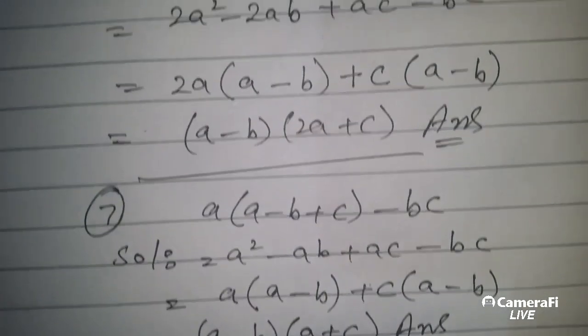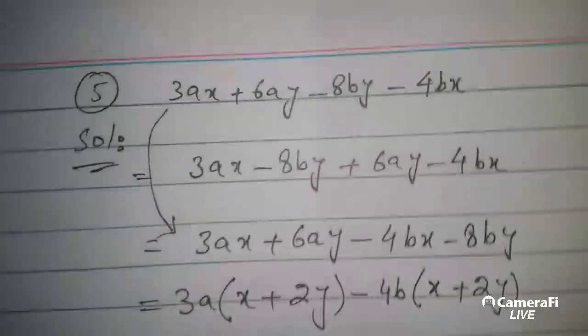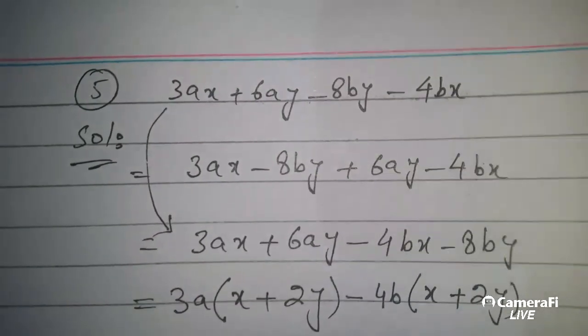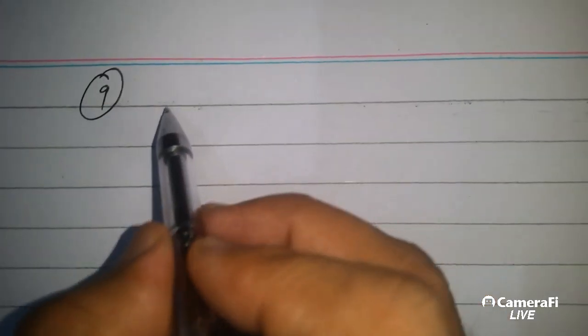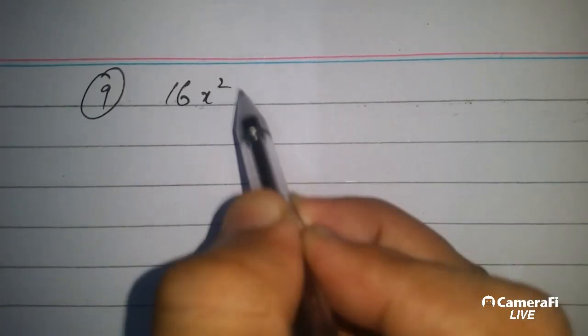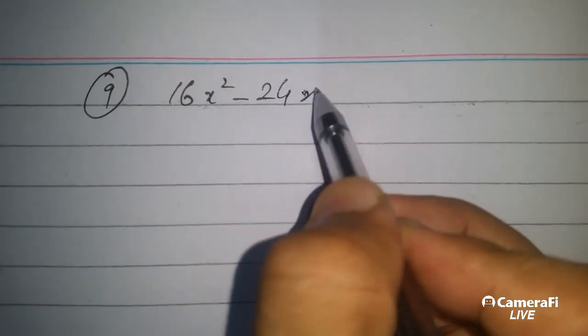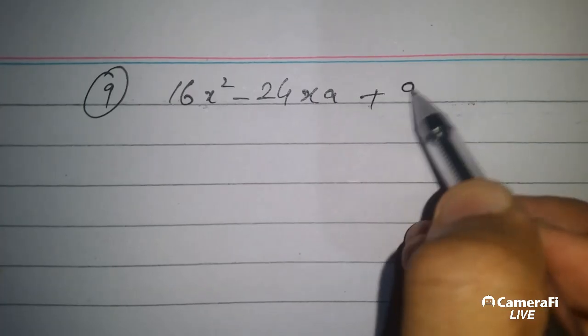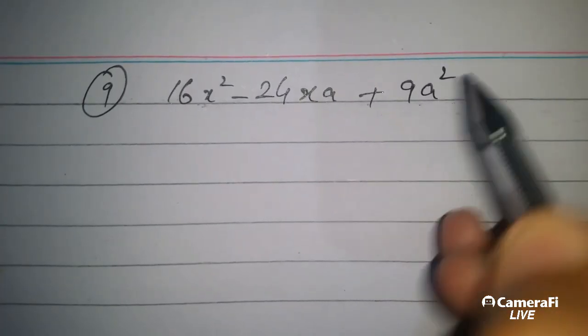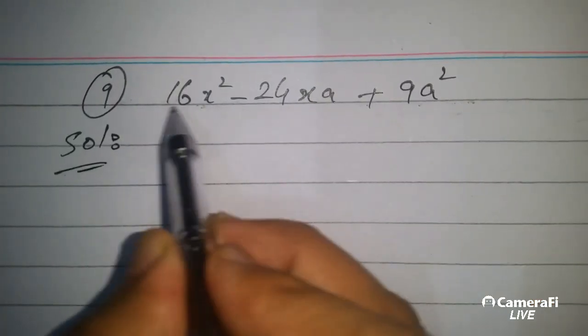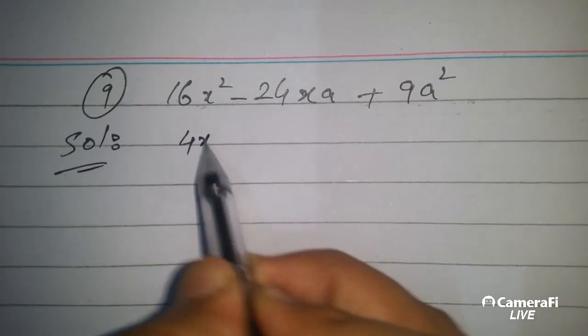होप कि आपको समझ आ रही है. ये तो लीनियर फैक्टर्स से रिलेटेड कुछ क्वेश्चंस थे. अब क्वेश्चन नंबर 9 है हमारे पास 16x² माइनस 24xa प्लस 9a²। अब इस क्वेश्चन में आप देख लें कि 16x² को हम 4x का होल स्क्वायर